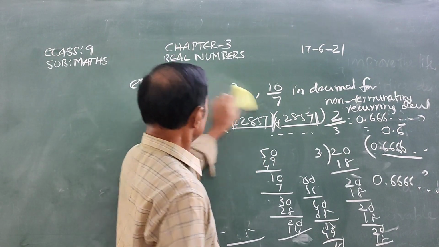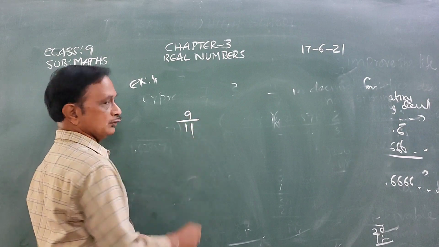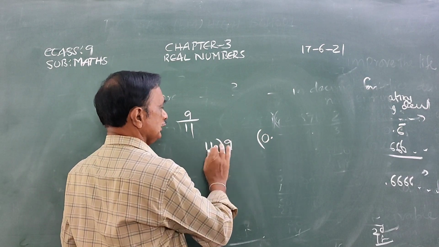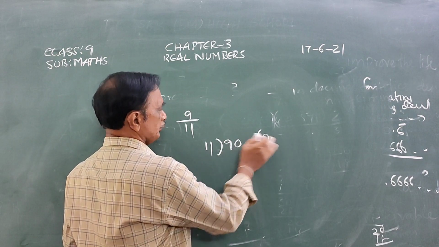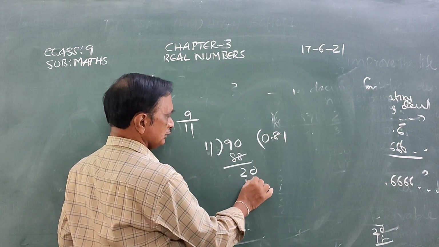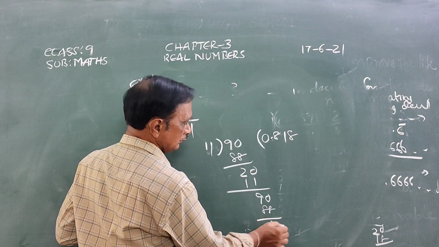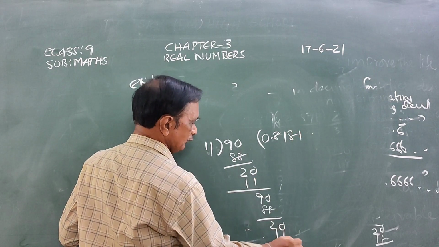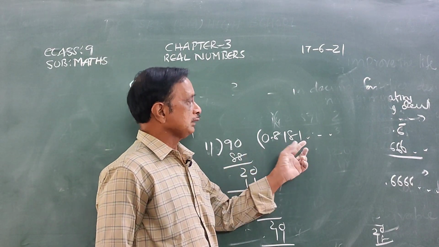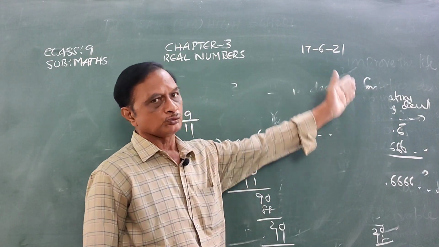So now we take some examples. See, 9 by 11. Divide 9 by 11. 0.0. 11 does not go in 9. 11 8s are 88, remainder 2, 0. 11 1s are 11, 9 0, and so on. So in the decimal part we have an infinite number of digits. If you go on dividing, you get 81, 81, 81 and so on.